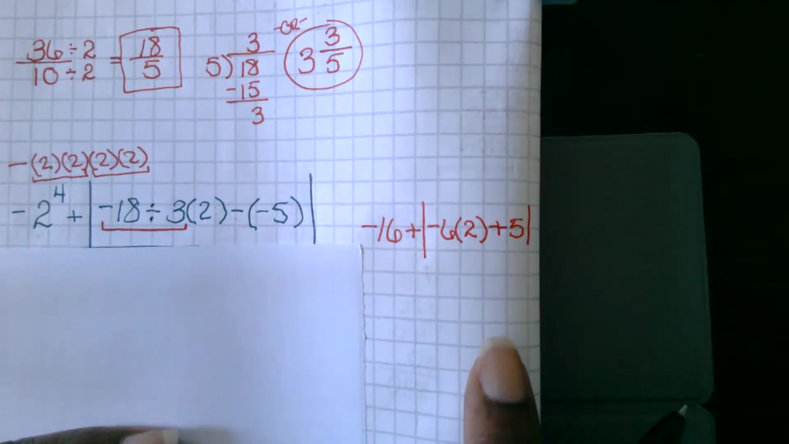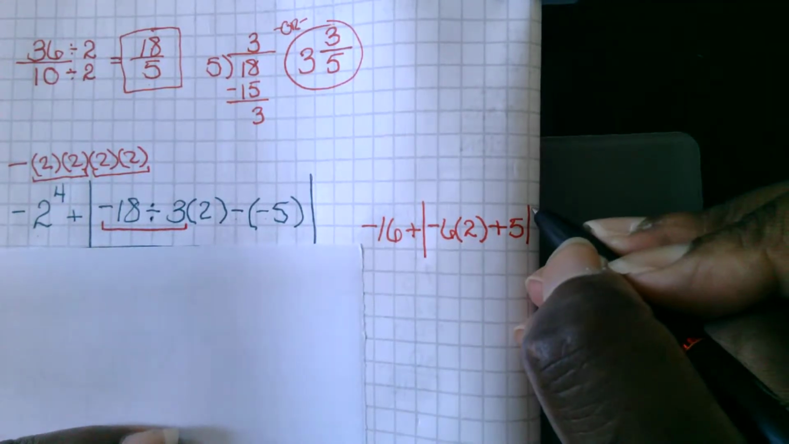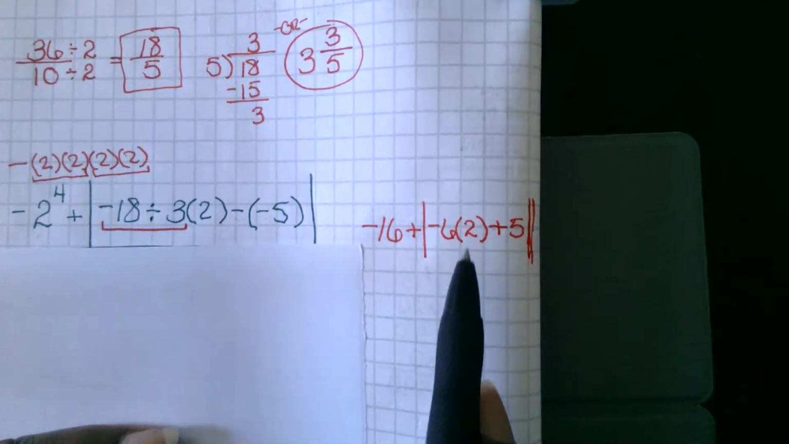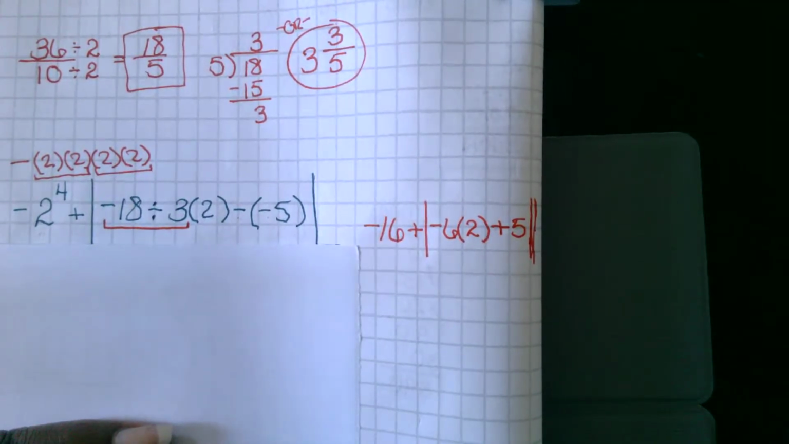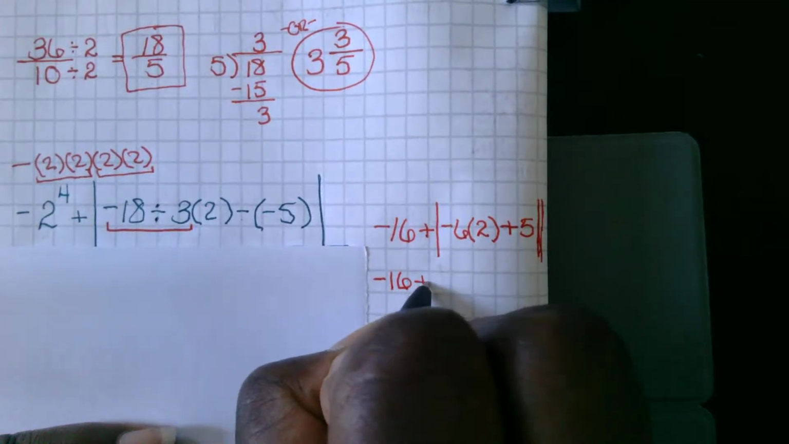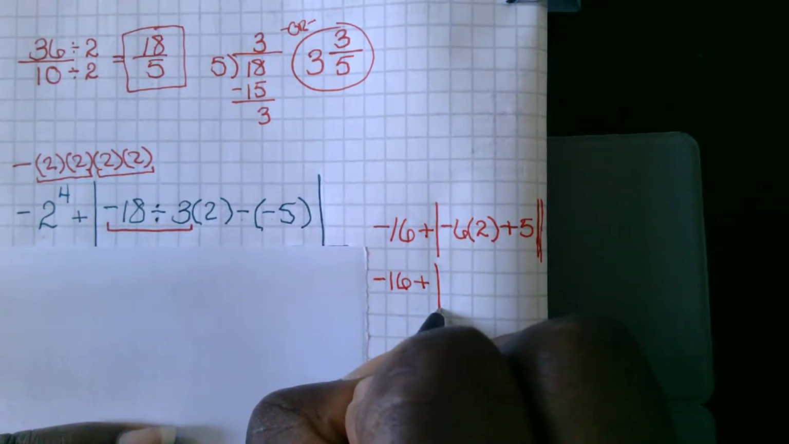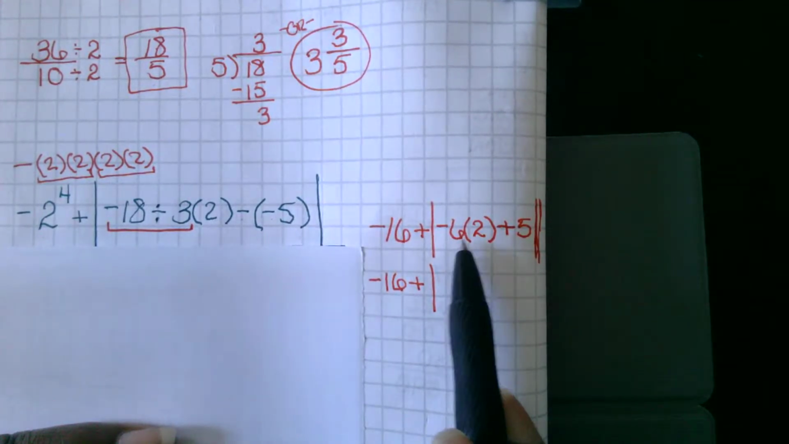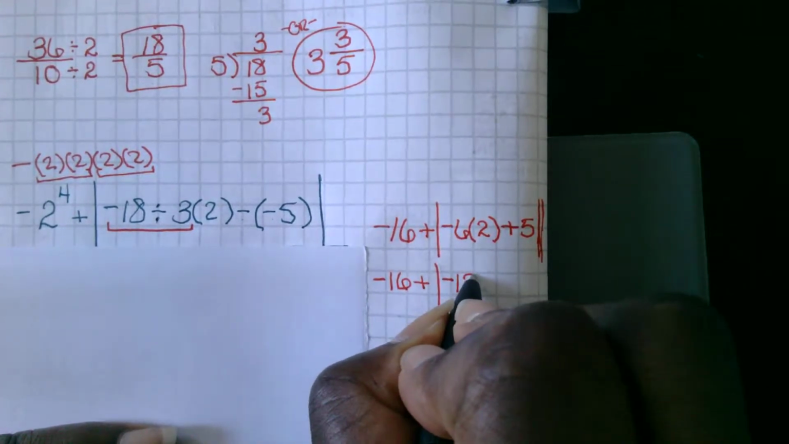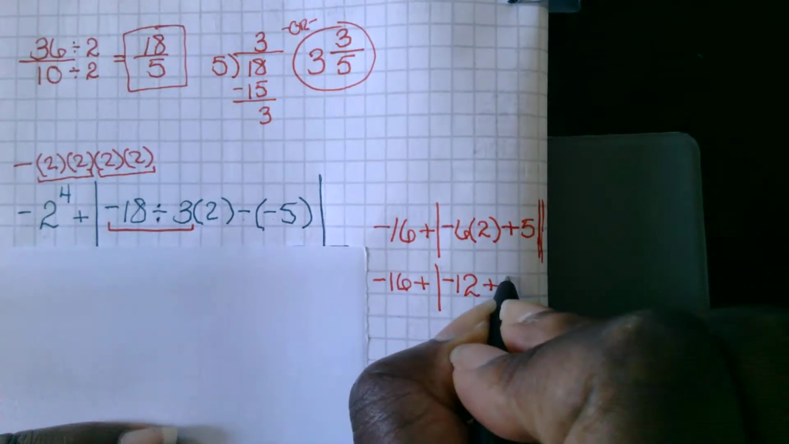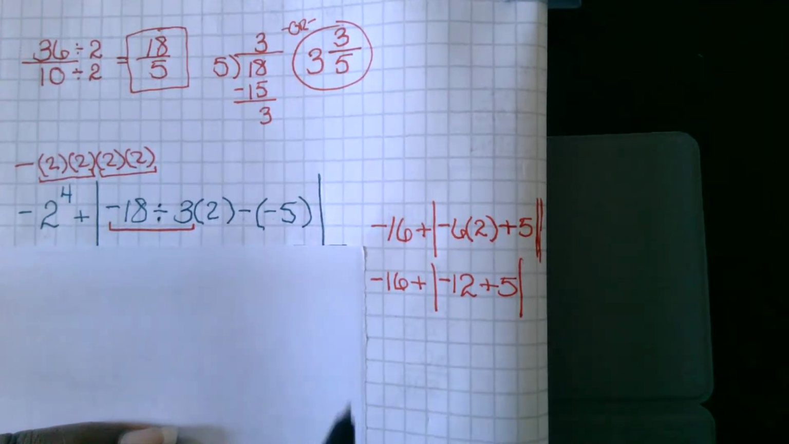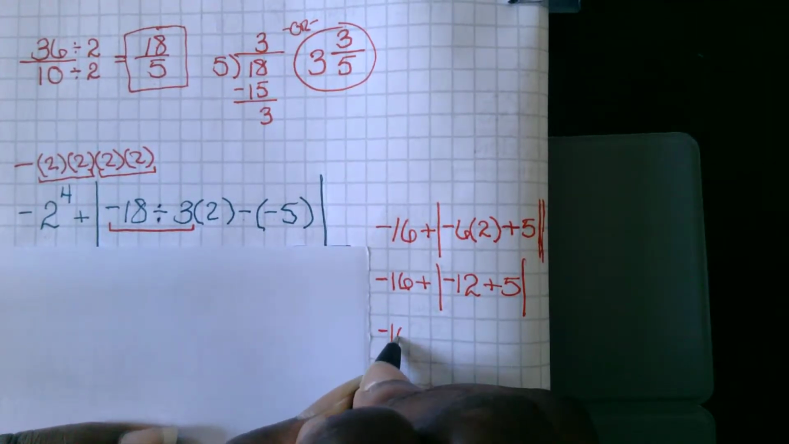So now, still, this is the absolute value. Gotta make that a little bit longer. So still looking inside the absolute value, I'm going to bring down my -16. Still have our absolute value. -6 times 2 gives me -12, plus 5. So now we have -16